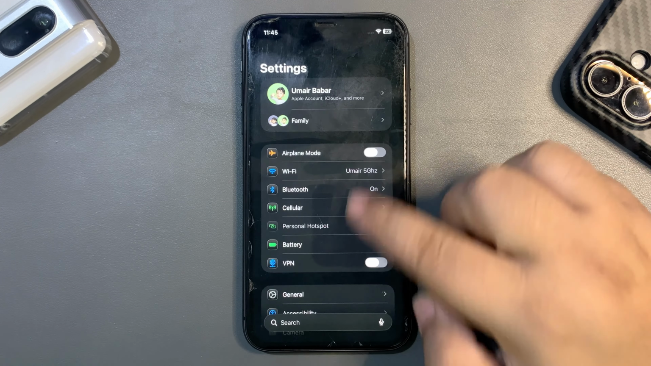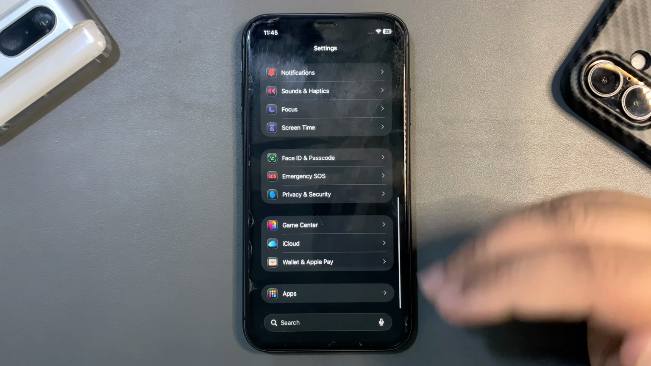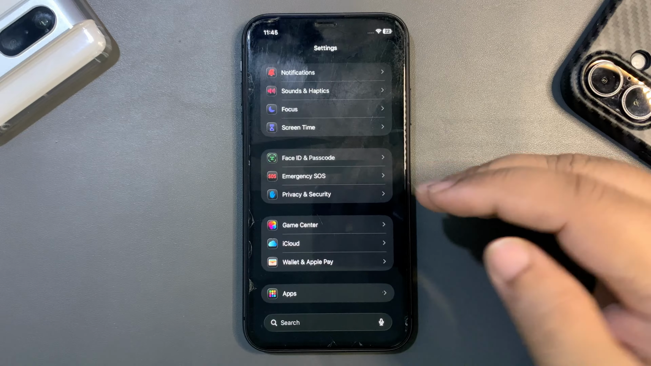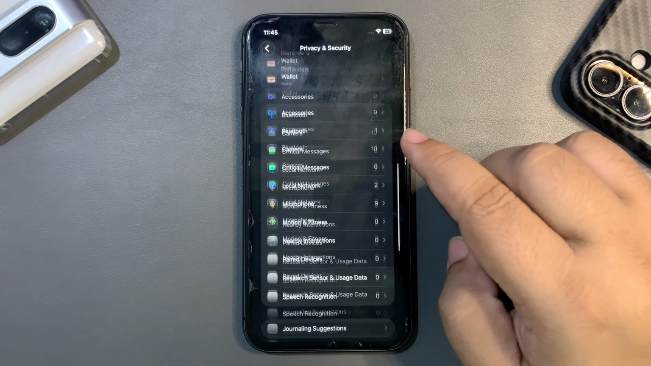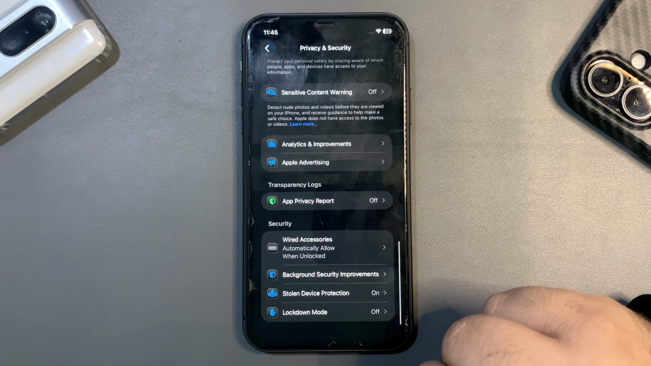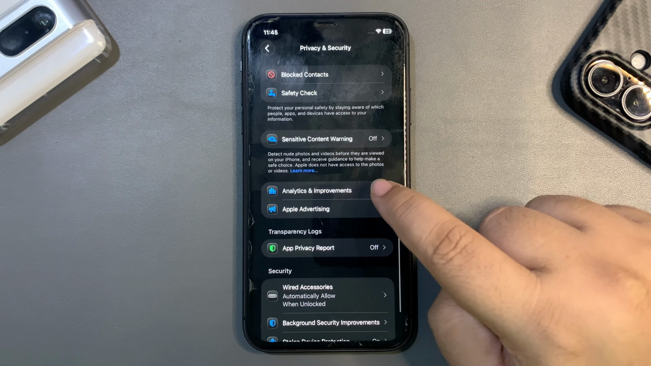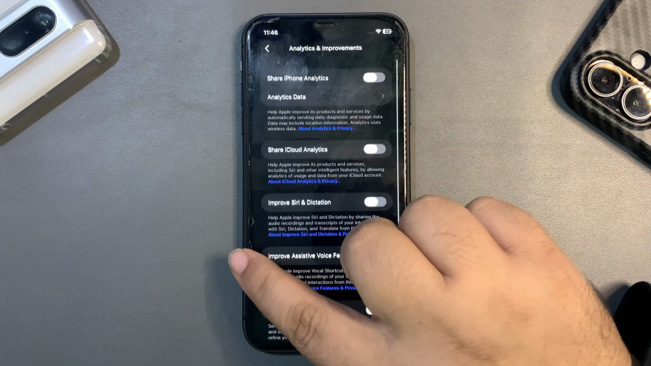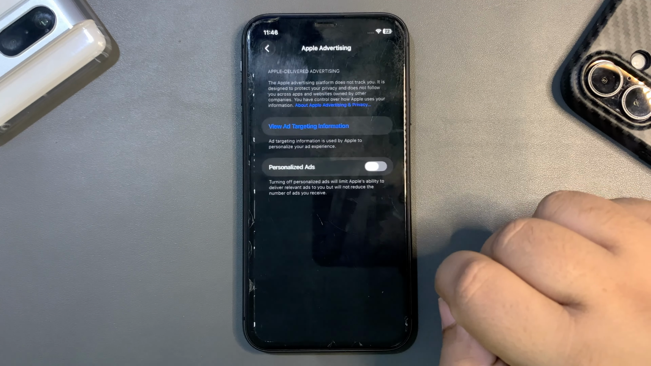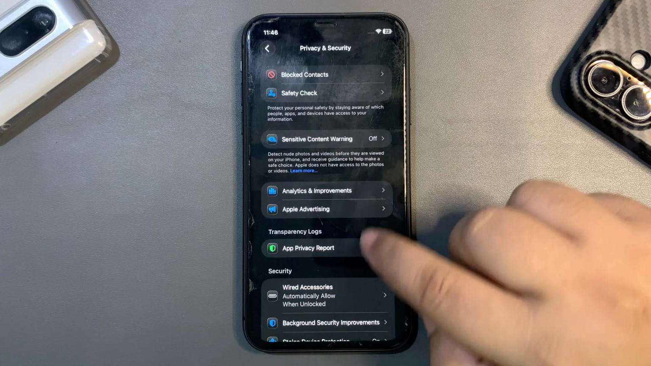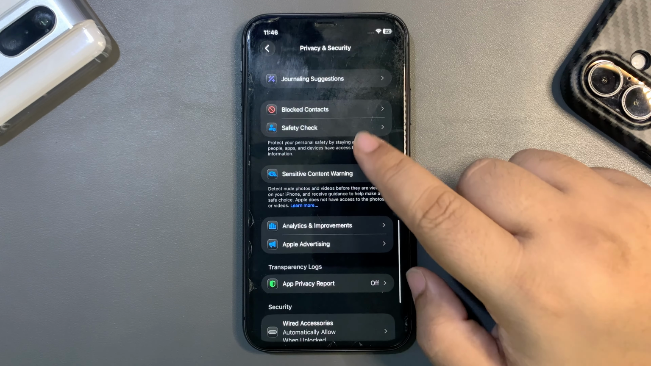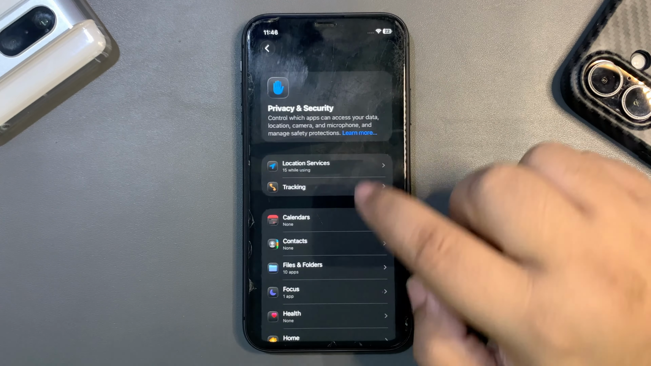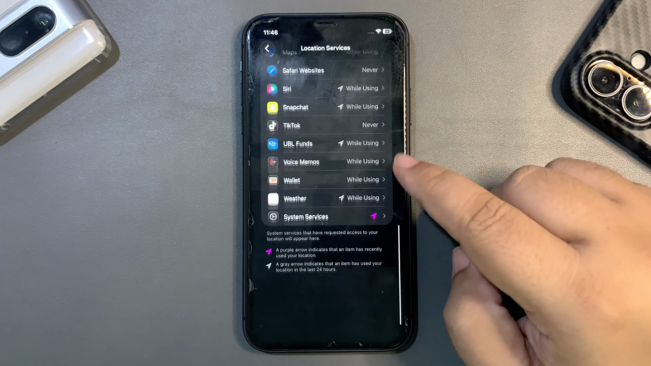Now there are a few settings that are turned on by default and they are consuming battery life in the background, and you need to turn them off. Get into the privacy and security, go all the way down, you will see tons of settings over here. Get into the analytics and improvement and turn every other setting off as you can see. Go back from here, go to Apple advertising, turn it off, go back from here, go all the way on the top, get into the tracking, turn it off, go into the location services, go into the